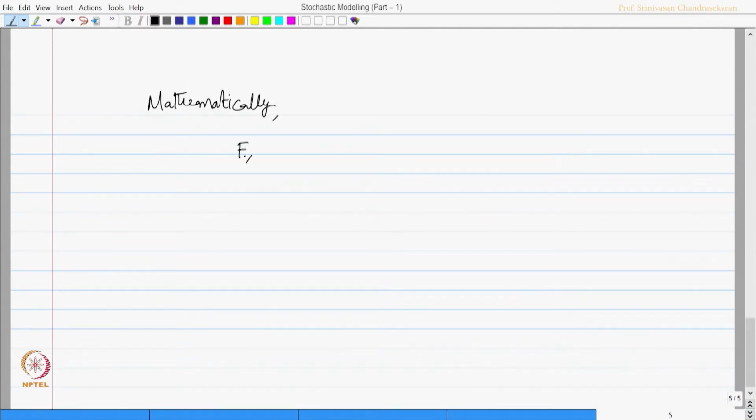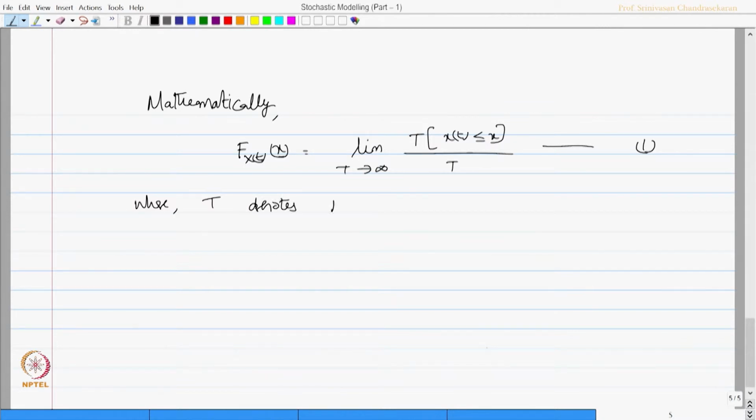Mathematically, F of x is the limit as T tends to infinity of T of x of t less than or equal to x over T, equation number 1. In this case, T denotes the record length. The term T of x of t less than or equal to x actually denotes